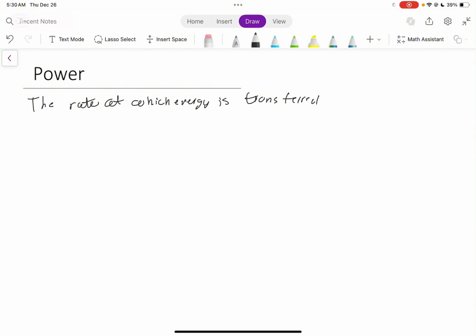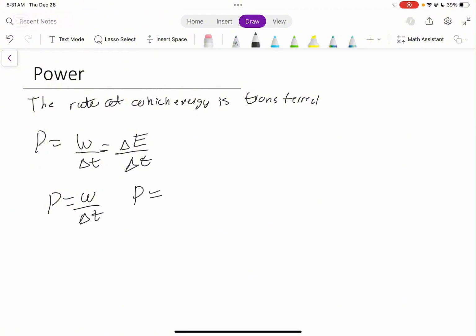What is the equation for power? Well, the equation we use for power is P, which is the symbol for power, is equal to the work over delta T. And remember, work is also equal to delta E over delta T. So these are the two equations we can have for power. We can have power is equal to work over delta T, or we can have power is equal to delta